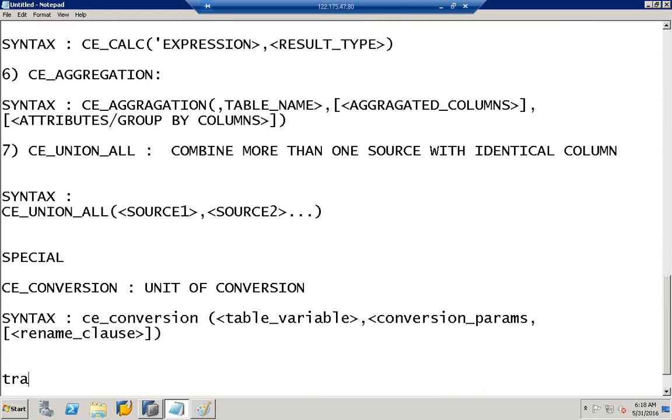Next is trace. This function is used for debugging when we have calculation view CE functions in SAP HANA. The input can be one of the CE functions. This will capture the output and we can validate after we execute the calculation view. Syntax is